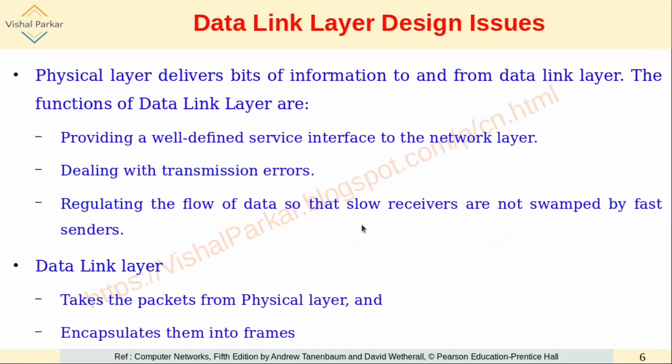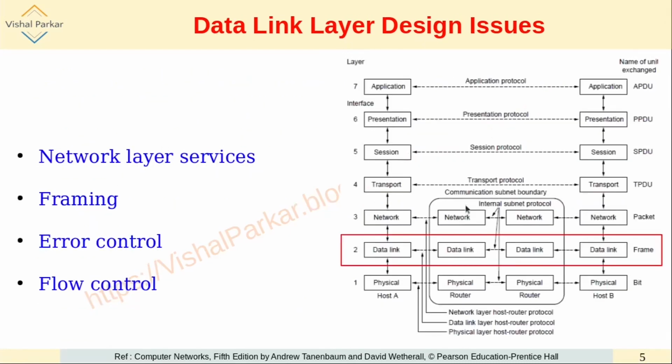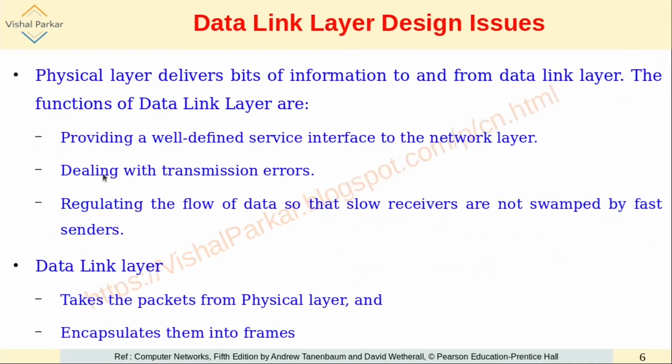Now, a very important point is, what are the design issues? While the designers thought of the data link layer, what different functionality was designed for it? If you see once again the position of the data link layer, it is situated in between the network layer and the physical layer. Now we know the duty of the physical layer: it transfers actual raw bits of information, takes them from the data link layer and hands them to the destination machine's data link layer once again.